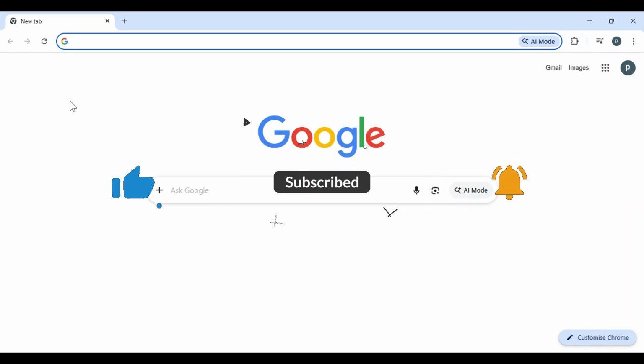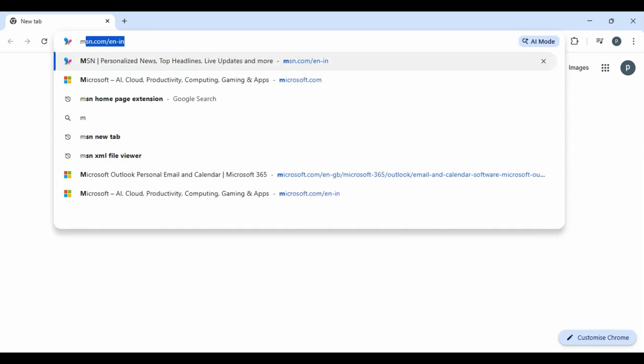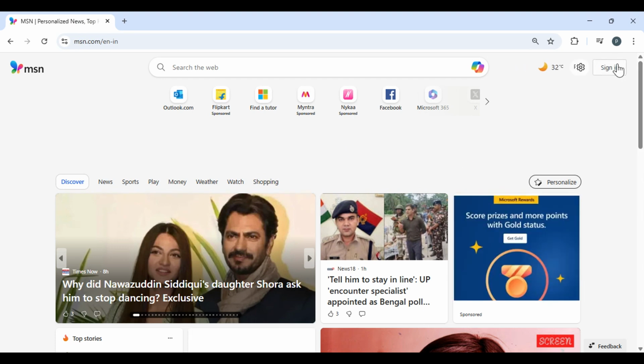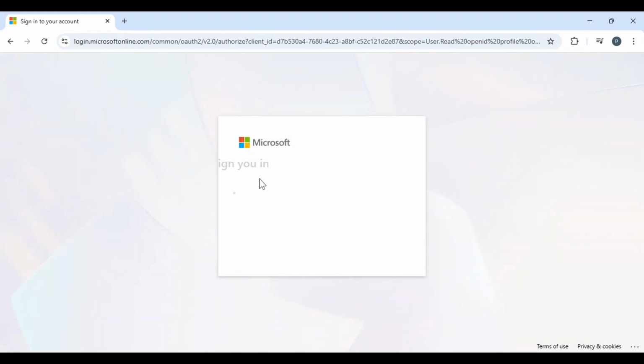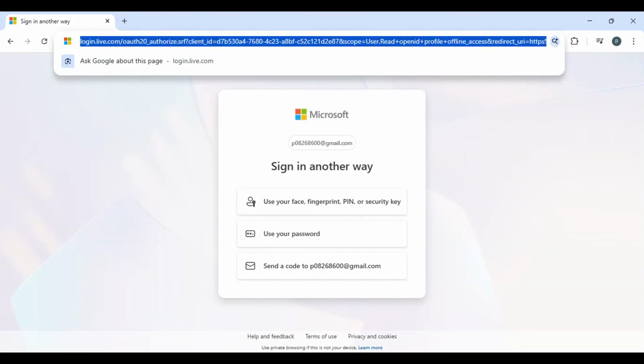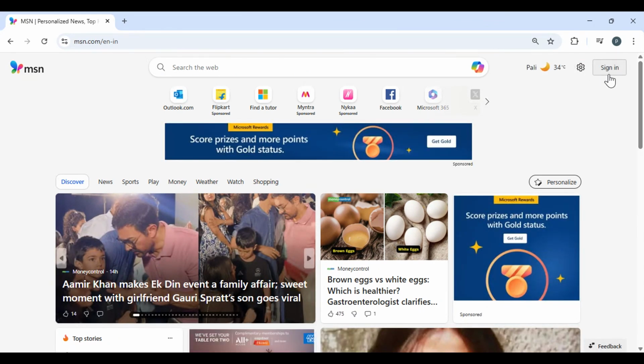Let's jump right in. First, open your browser and go to msn.com. Once the site loads, try signing in normally just like you usually would. Enter your account details and see if the sign-in works. In many cases, the error happens because of a temporary browser issue, so this first step is important. If MSN signs in properly, then you're done. But if it gives you an error or if the page does not respond correctly, move on to the next